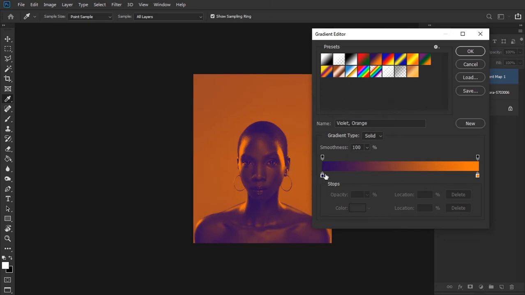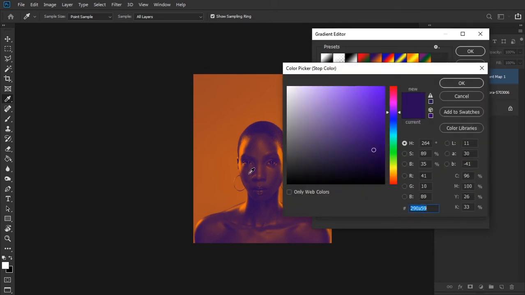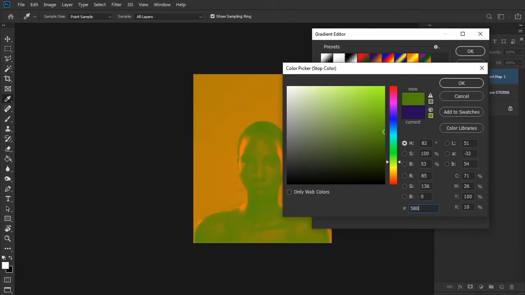Okay, so the color on the left hand side is for your shadows, and the color on the right hand side is for your highlights. So you want to edit both of them. Okay, so for this I'm going to be using 580690. When you're done, you click on OK,